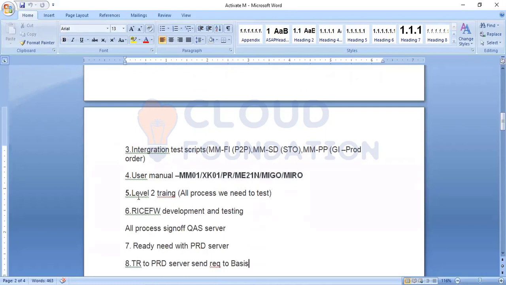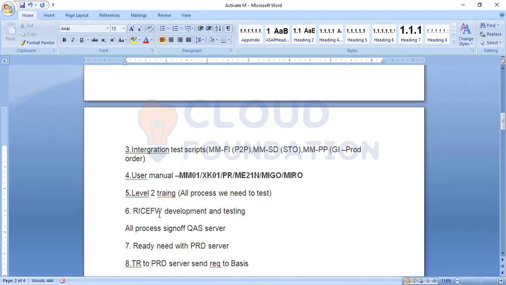Then we will do the level 2 training, which is process testing. Then we will do RICEFW: reports, interfaces, conversions, enhancements, forms, and workflow.